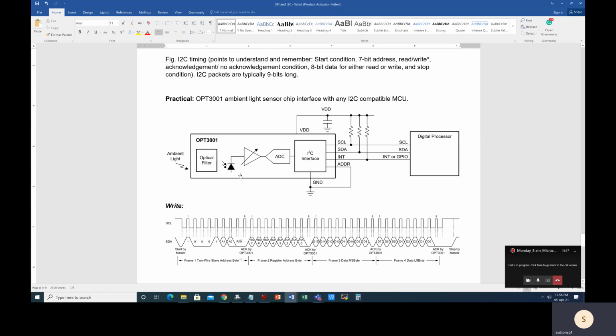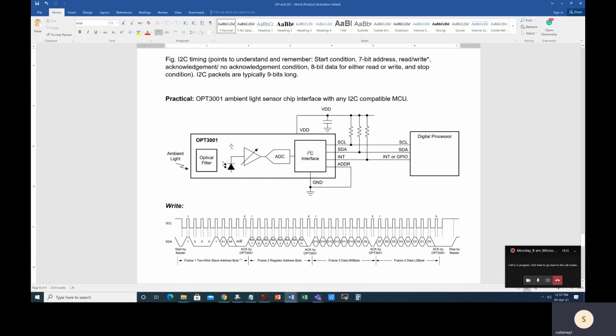And what is there exactly inside the OPT? There is a photodiode which receives light information. Then there is a programmable gain amplifier, which enhances the signal coming from the photodiode. In fact, it is not just a PGA. There is a transimpedance amplifier followed by a programmable gain amplifier. After that, there is an ADC which converts analog voltage to digital data, and the digital data gets stored inside some registers, and those registers are read over the SCL and SDA lines by the microcontroller outside the chip.